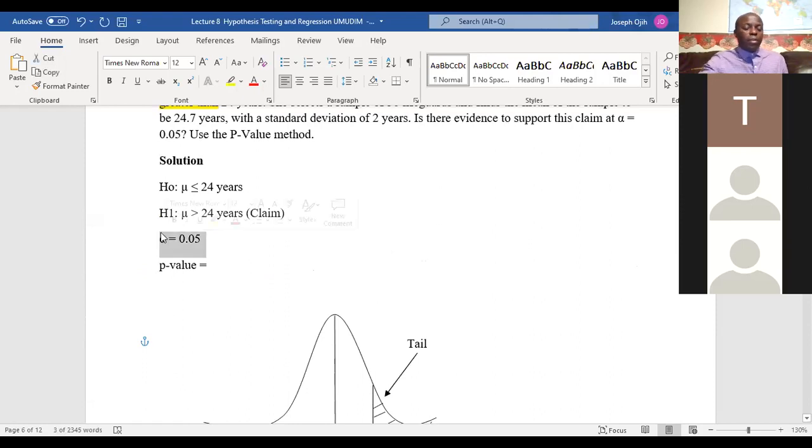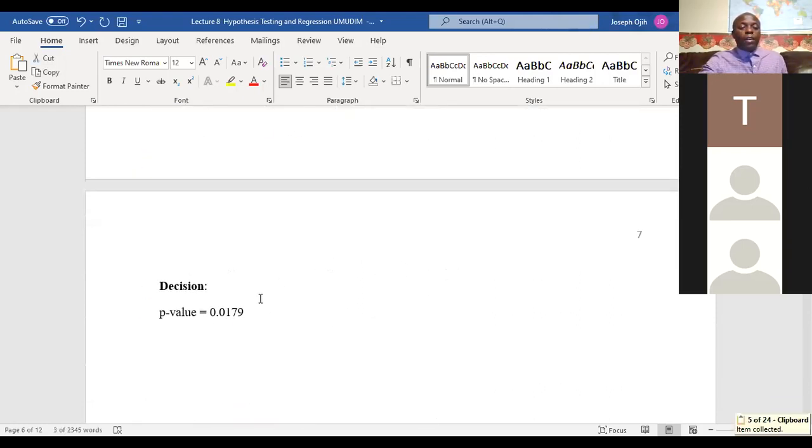So we'll copy it on here. Alpha is 0.05. Okay. Which of these two is larger? When you compare them, you see that the p-value is less than alpha. It's less than 0.05. So that means reject